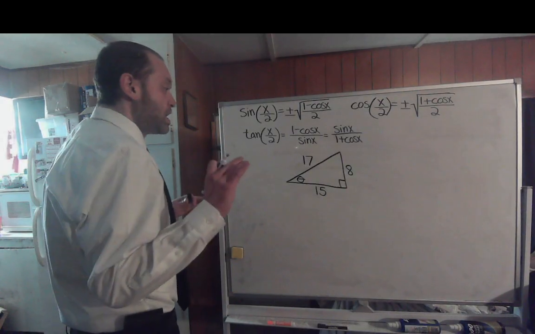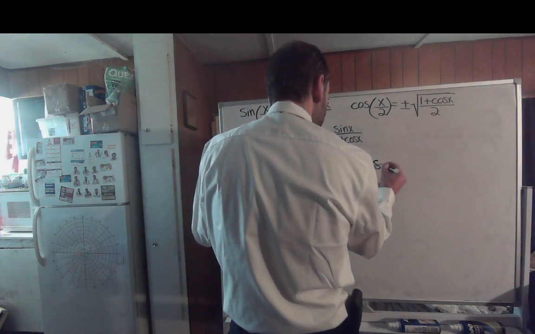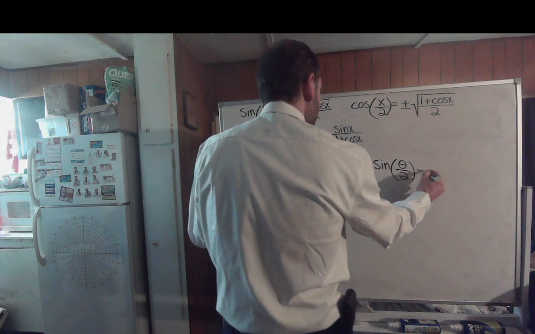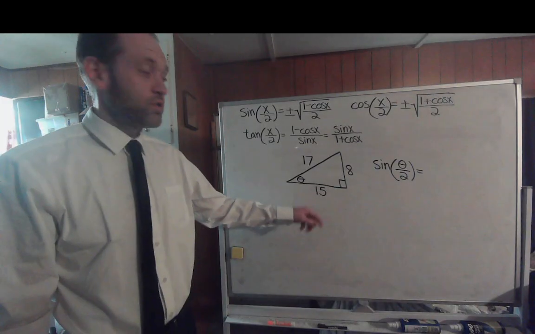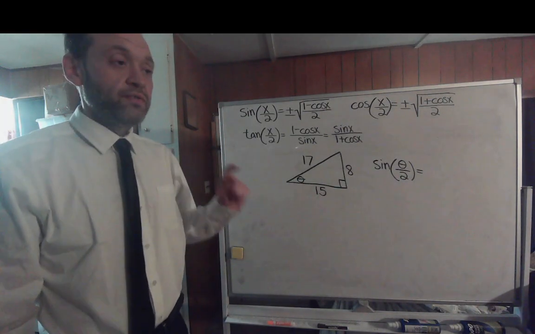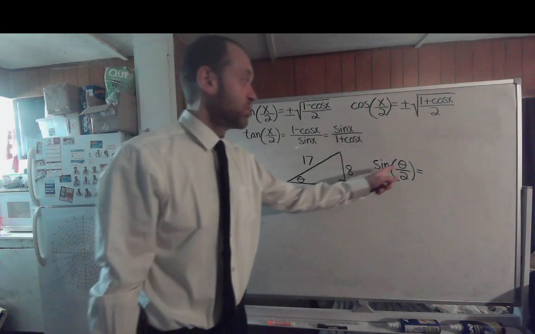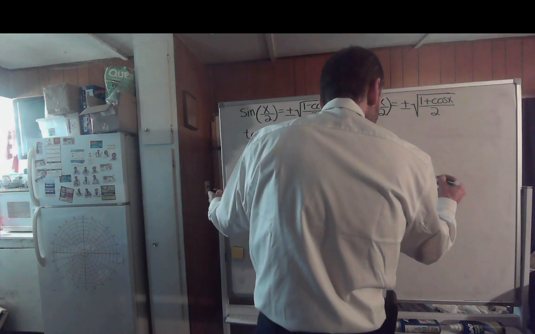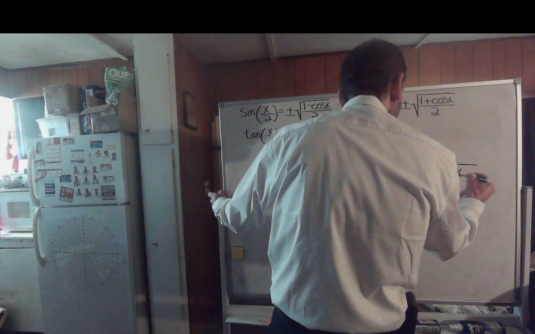Now, let's say we want to find the sine of theta over 2. So this time we're going for the sine of theta over 2. Well, everything's positive. This is a first quadrant angle. Half of a first quadrant angle, no matter what angle it is, will also give you a first quadrant angle. So we'll take the positive square root for the sine of theta over 2. The formula for the half angle of the sine function would be the square root of 1 minus the cosine of theta